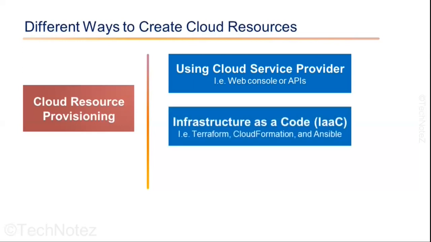Another way to create the cloud resources is by using an infrastructure as code tool, or IaC. IaC allows you to define and manage your cloud resources using code, and it makes it easier to deploy and manage complex cloud environments. Tools like Terraform, CloudFormation, and Ansible can be used to create, modify, and delete cloud resources using code. With an infrastructure as code tool, you can define your cloud infrastructure as a code file and version it using source control. It makes it easier to manage changes and collaborate with other team members.